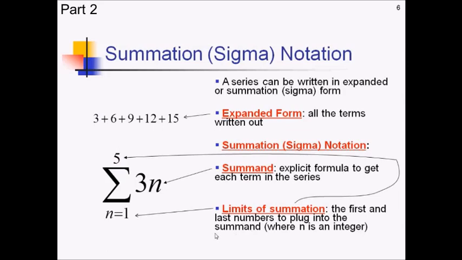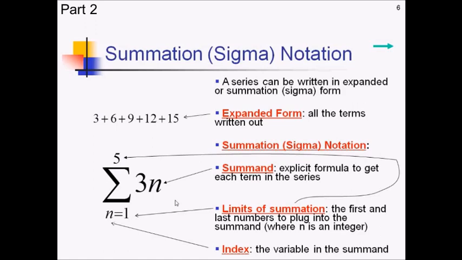And there's one more important piece to this sigma form. It's this letter here, this n. This is called the index. This tells you what the variable in the summand is, which is important because if you also had x's and i's and some other crazy things in there, it's nice to know what letter we're actually plugging all these numbers